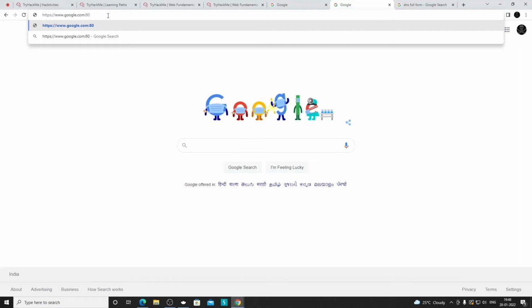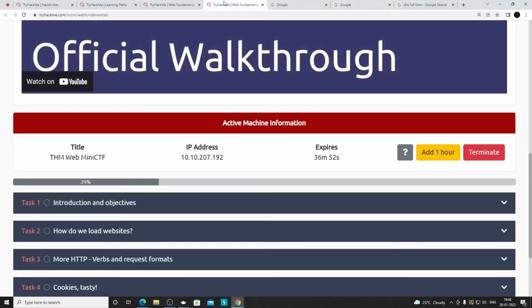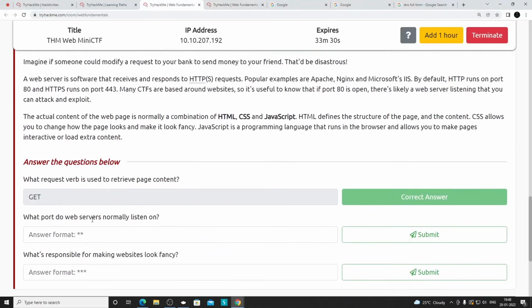If it is an HTTPS gate, like the website is running on HTTPS, then the port is 443. Normally those are the port numbers for HTTP and HTTPS. These can be changed by doing different configurations on the server, but by default these are the most common ports used for HTTP and HTTPS. So it is asking what port do web servers normally listen on, so that is port 80.